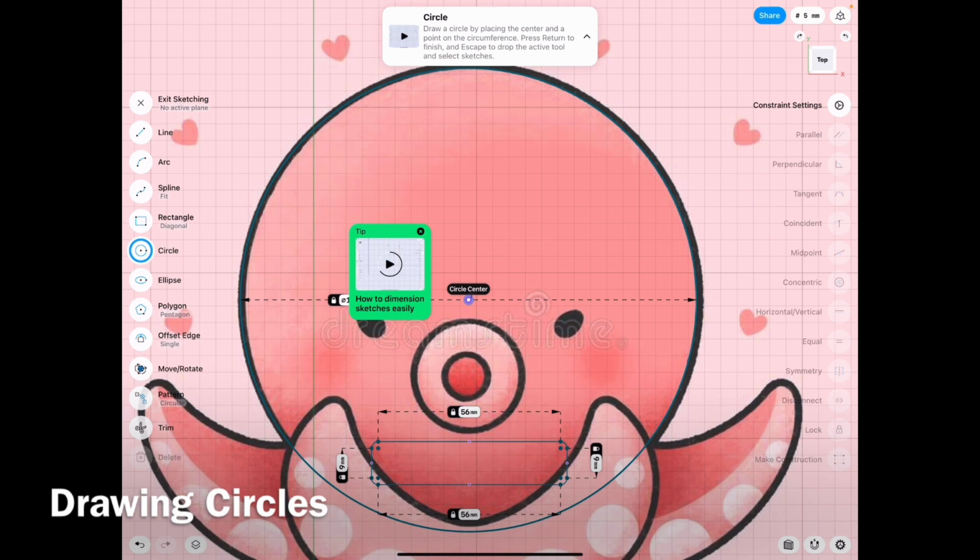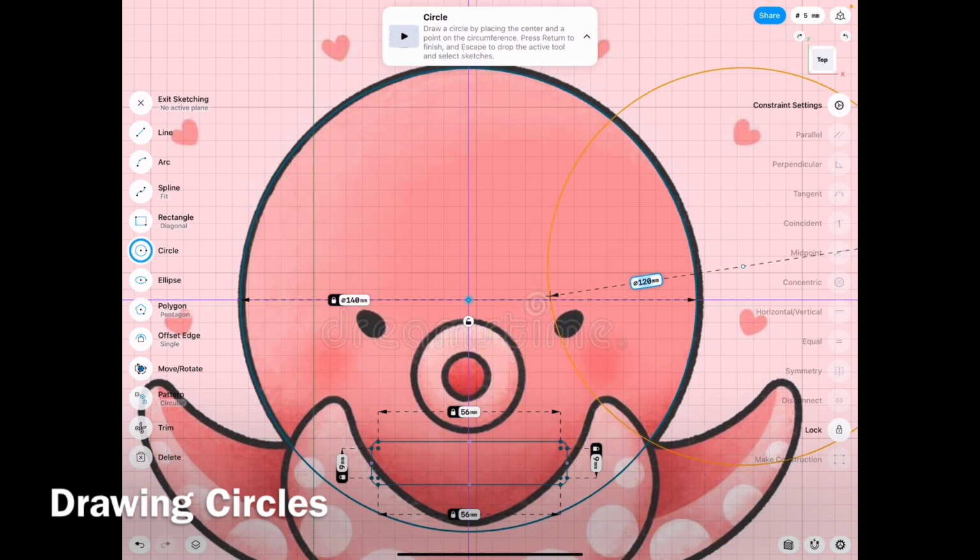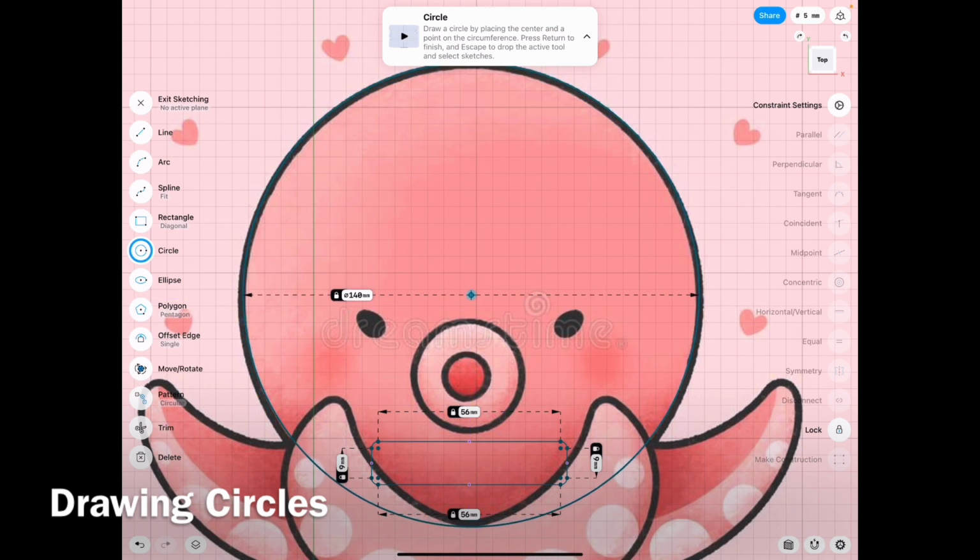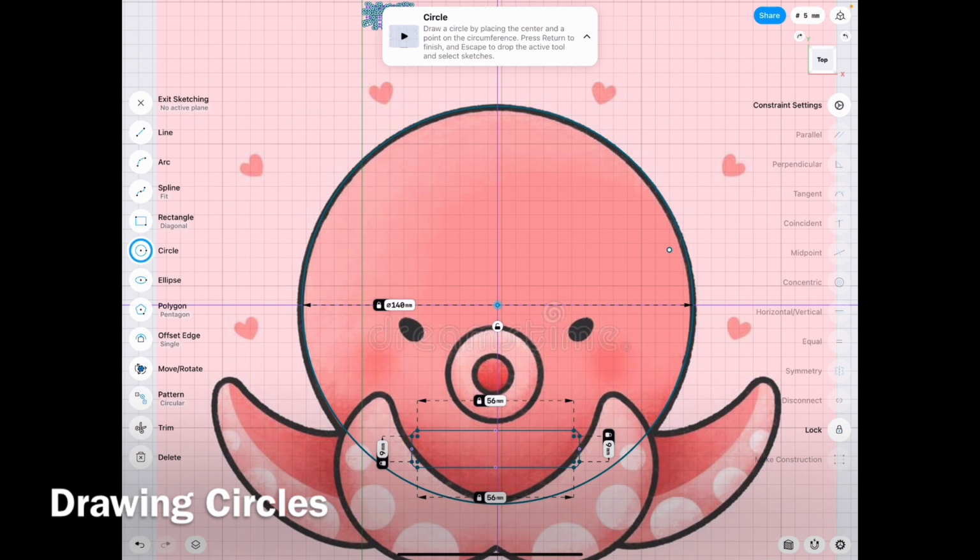Okay, do another adjustment. Do a final adjustment. I think that's good. So now you can see we have drawn a circle tracing onto the head of the octopus. The next will be to draw the